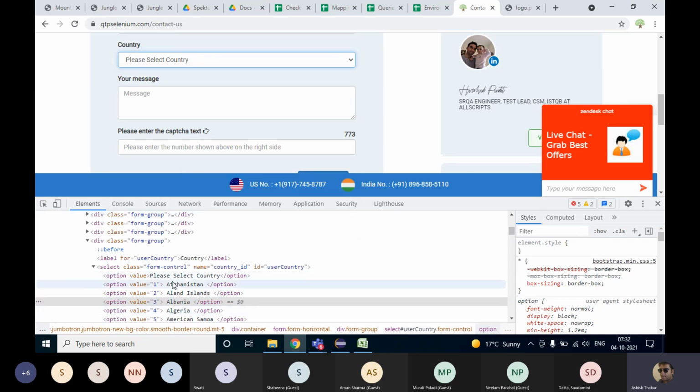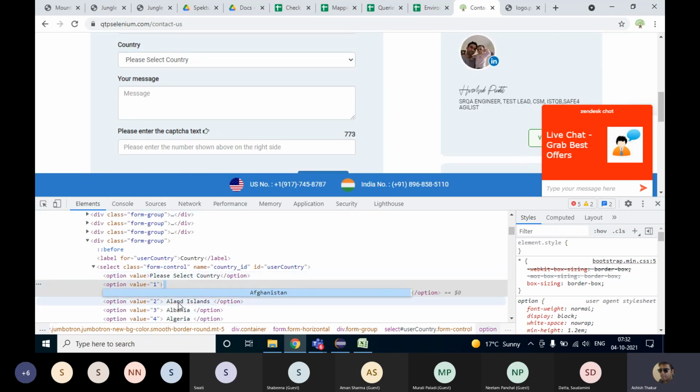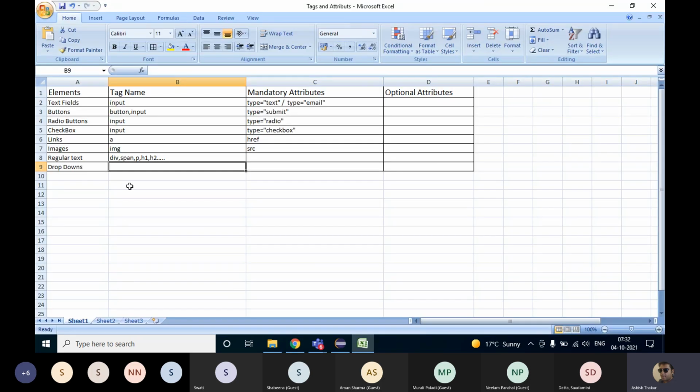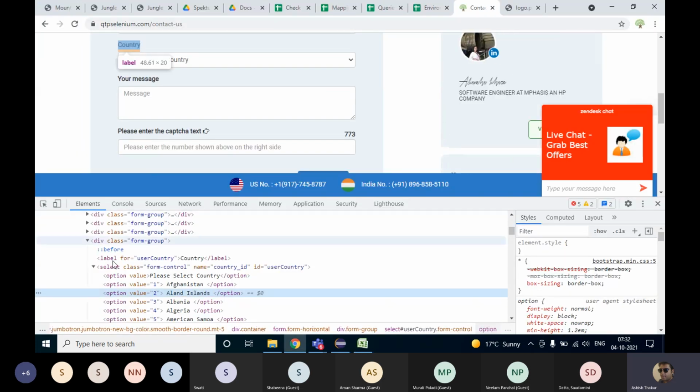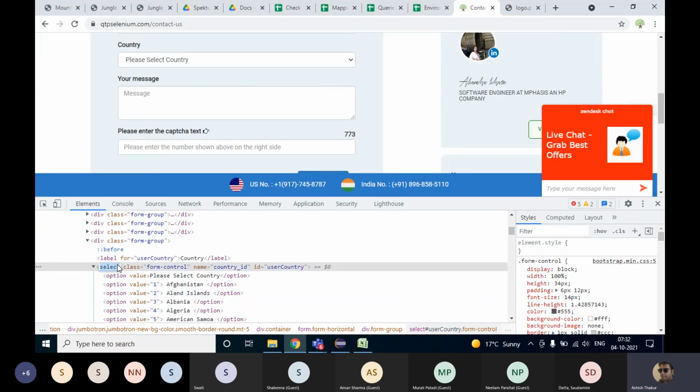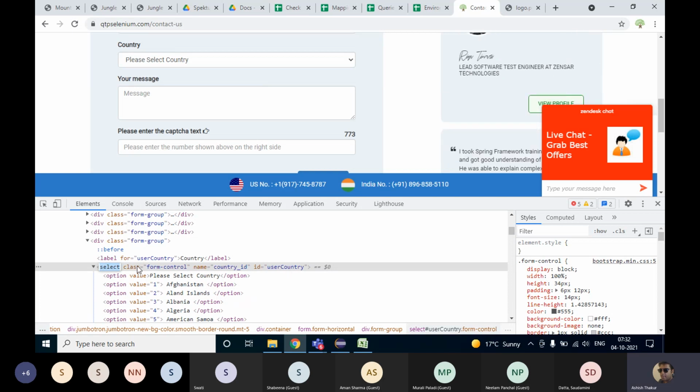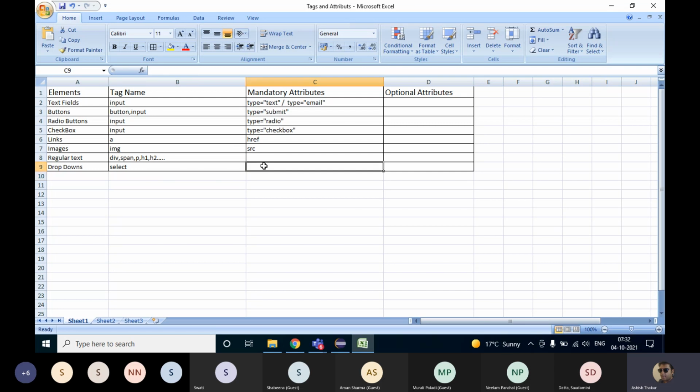You see, the first one is please select country, then Afghanistan, and it goes on like this. So you have the select tag for a drop down. It will always have a tag name known as select. Here there are a few attributes, but there is no mandatory attribute for a drop down. Okay, there are no mandatory attributes defined.